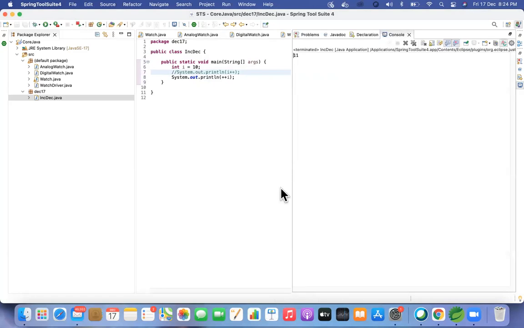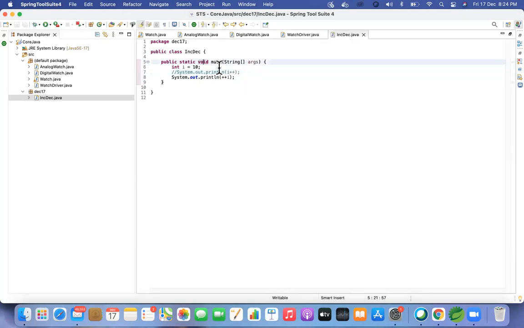Okay, so here the value is assigned as well as incremented together. But if you do it for a post increment, your value just gets assigned but not incremented at the point where you use it. So now we'll do one more twist. Now create one more thing. After the sysout, you can just have int j equal to plus plus I, and int k equal to I plus plus.